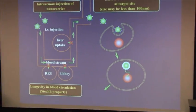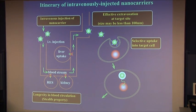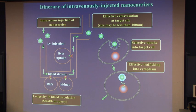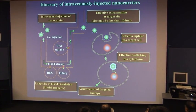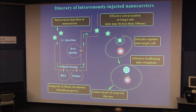However, if you want to deliver genes or oligonucleotides such as siRNA, unfortunately these oligonucleotides and genes cannot directly penetrate cellular membranes. So in this case, you definitely need the nanocarrier itself to find the target cells and, like a Trojan horse, internalize into target cells, and also by controlling the intracellular trafficking, deliver, for example in the case of gene therapy, the gene directly into the final target, the nucleus. So eventually you can achieve targeted therapy. By overcoming all of these issues, you can deliver bioactive substances to a desired site of the body